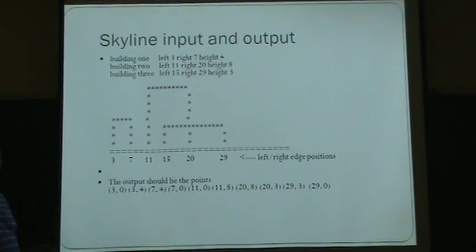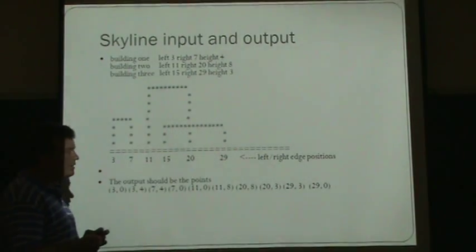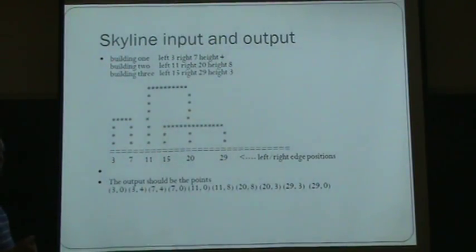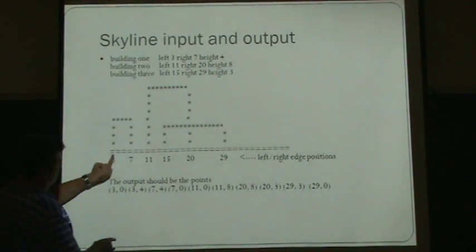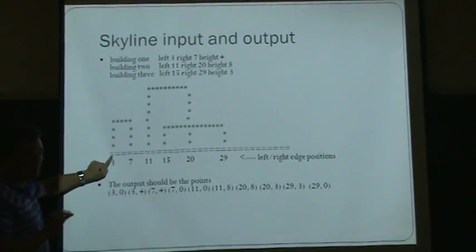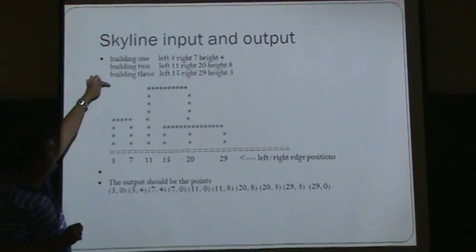I'm going to sort them from left to right, and then I'm going to look for the highest Y coordinate. Out of the buildings that I've sorted left to right, out of those points, I want to know which is the highest coordinate. Well, let's say you're at coordinate 3. The highest building is 8. Do you care about 8 at this point? Do you want to print the skyline up here?